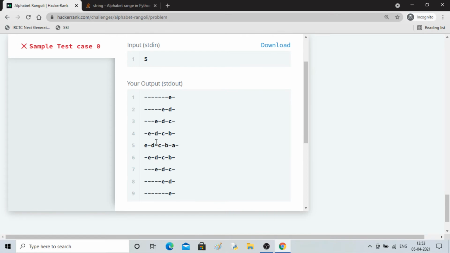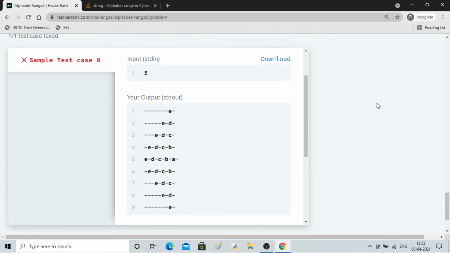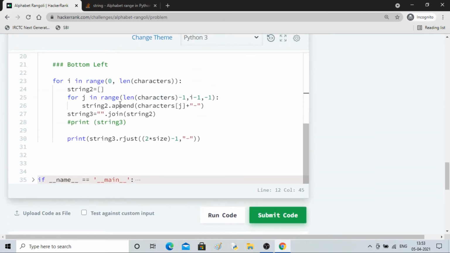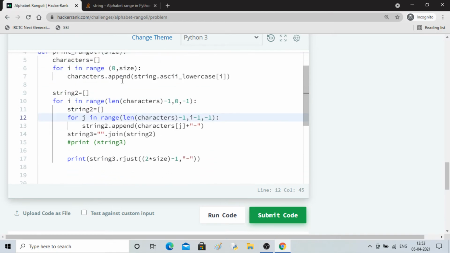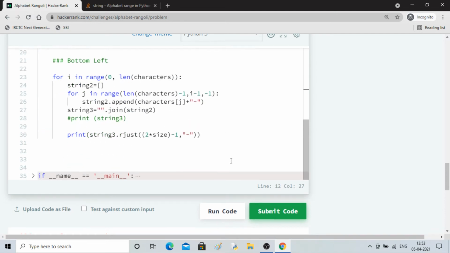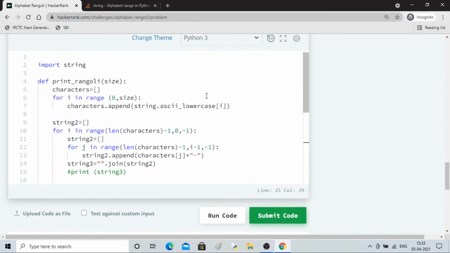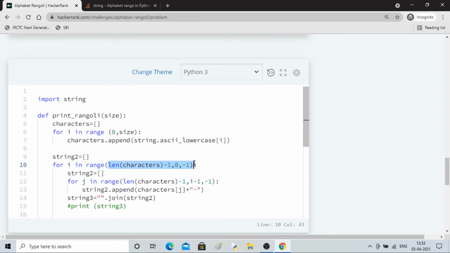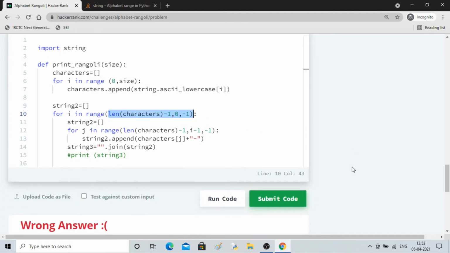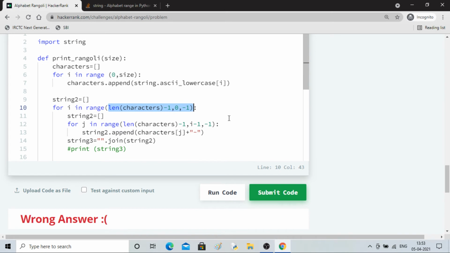So you can see that with slight manipulation, the same code is there, but this thing I have changed. I have done the reverse in I so that I don't have to mess with these. The sequence will be the same, but the arrangement will change. The only change I have made is the for loop running in the reverse direction.